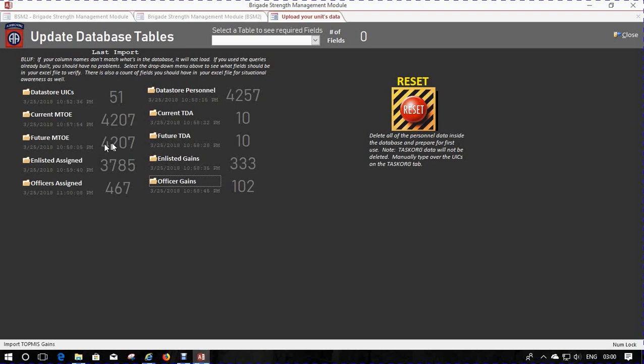data. If you're setting it up for the first time, you want to hit this reset button, and it will clear out all of this fake data, because this is all fake information in here in terms of personnel names, etc. This reset button will clear it all out and will force you to import the data again. You'll want to start with the UICs and set up your TASKORG, and I'll show you what that looks like shortly. But during the import, if you're importing some of this information and it doesn't take it, it's because you